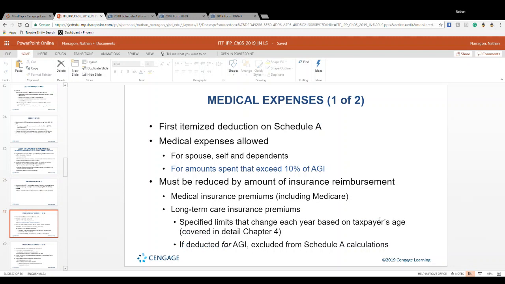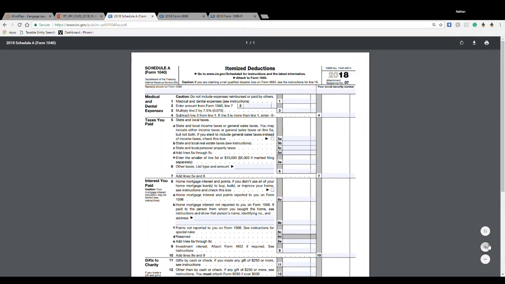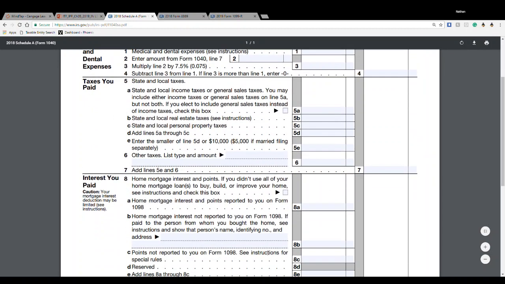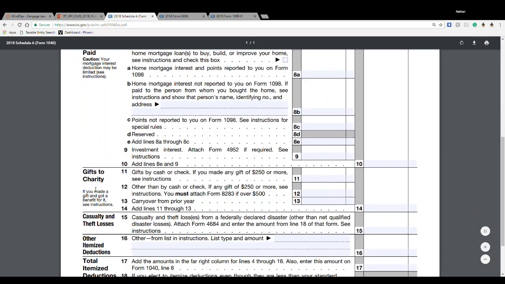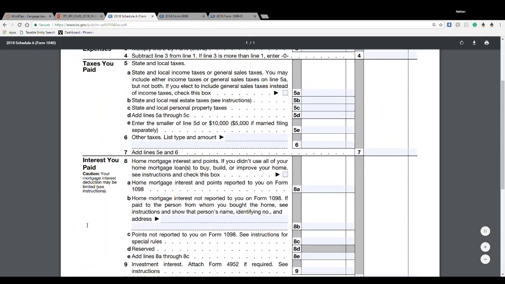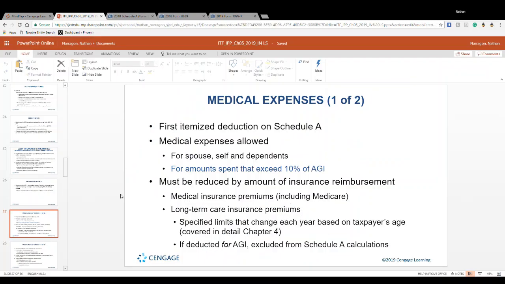So now we're finally on Schedule A. So here's the Schedule A, and we're going to start off first with medical. Okay, then we're going to get into the taxes and interest and charity, and here's casualty, theft, loss, and other itemized deductions. So we're going to start off with medical. Now,